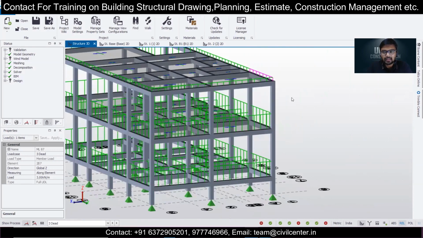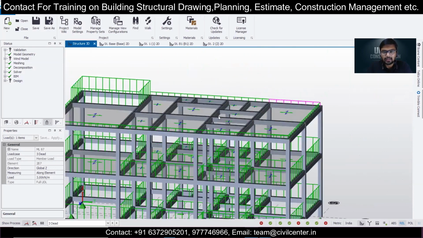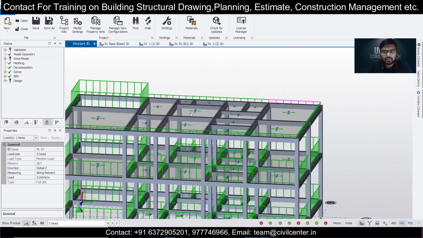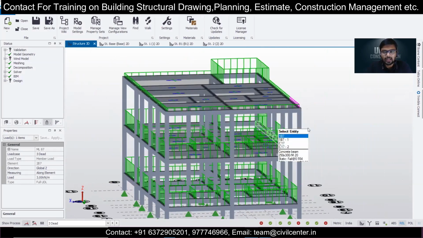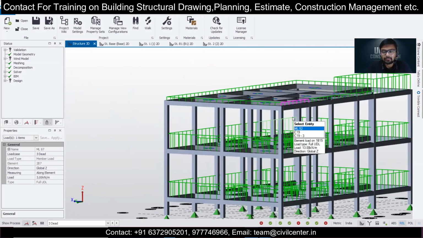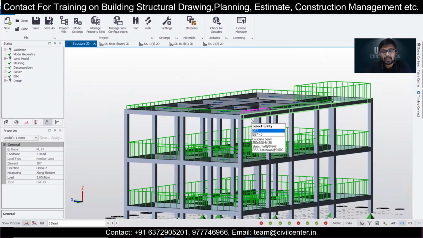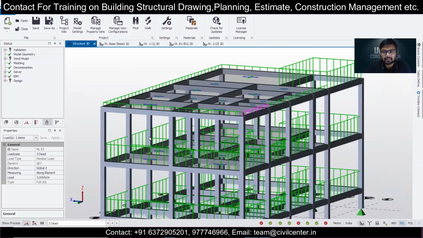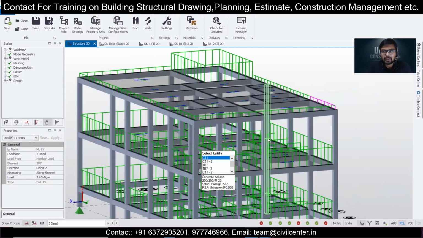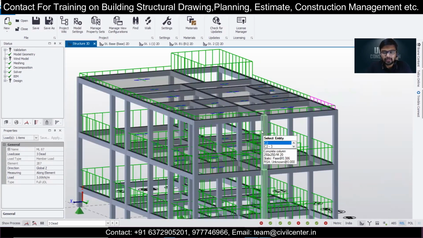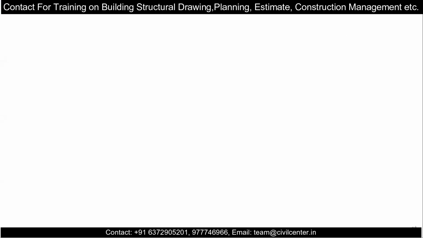Because basically the two loads which act on a beam are the loads of the walls and the loads of the slabs. So how to calculate the loads of the wall? What are the factors on which the load of the wall depends, so that we can assign all the values properly? We'll discuss all these things today. So let's get started. First of all, let me define some parameters so that we can start off very smoothly here.